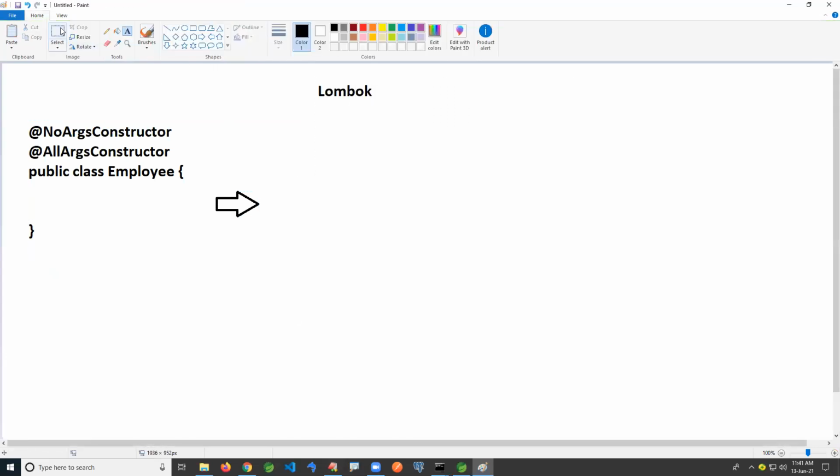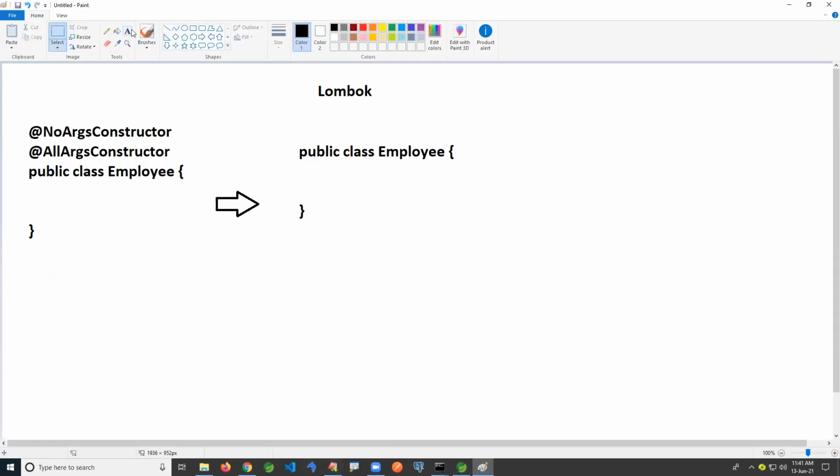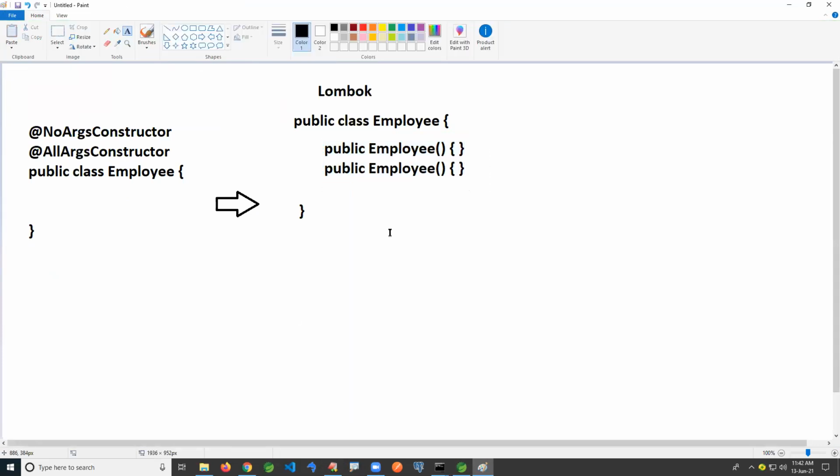What Lombok is doing here is taking your class and generating one constructor. For @NoArgsConstructor, one default constructor is generated. Temporarily, I'm just removing this. And for the second one, it is generated too. Sir, it's a mistake, right? Obviously.